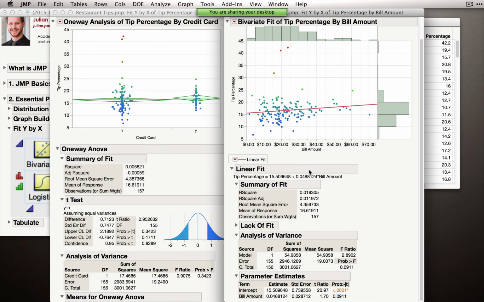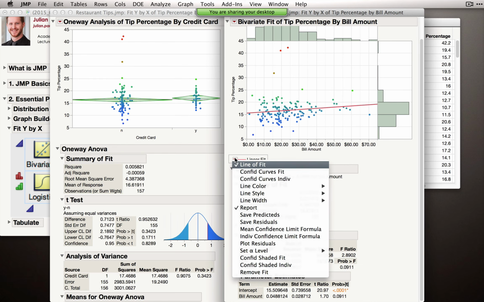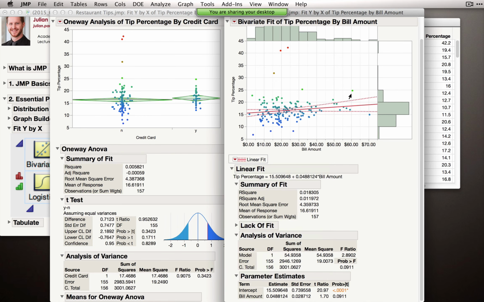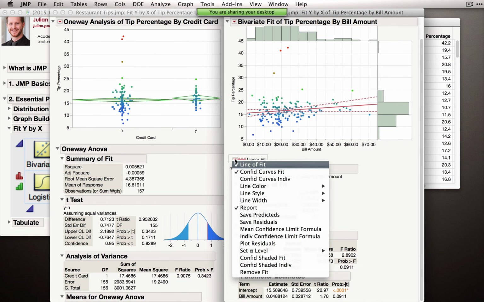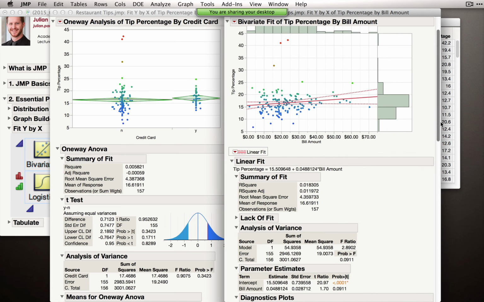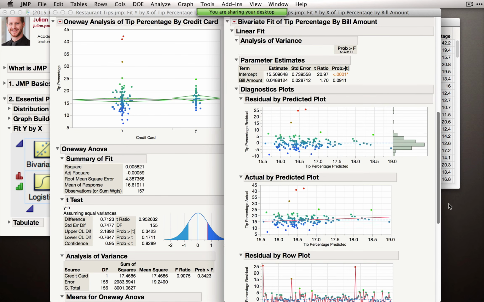Now remember, if you're learning JMP and you have not clicked a red triangle, click a red triangle. And this one's very useful. So oftentimes I'll have students turn on confidence curves for a fit, so they actually get the Working-Hotelling confidence band. And really my favorite, or the thing I always make my students do, plotting the residuals. So any of you who teach linear regression know it's very important to look at these, and JMP makes it very simple. So if you click this on, you actually get a bundle of graphics that pour through the different